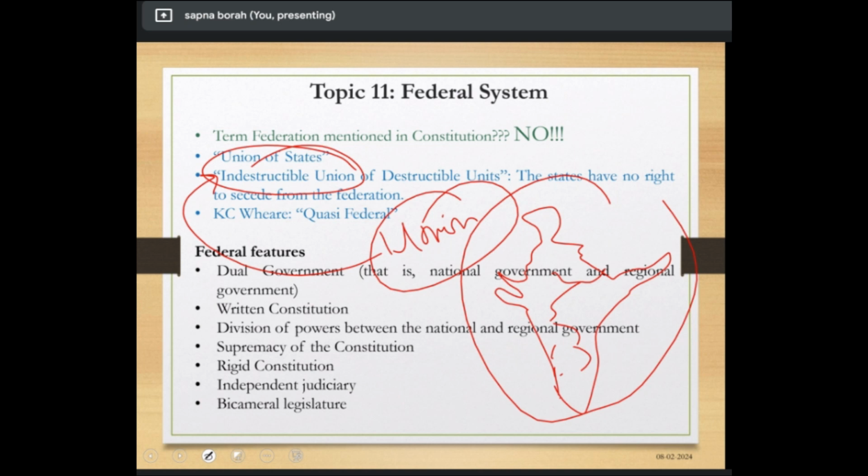It is an indestructible union of what? Of destructible units. Wow, why? How? Because